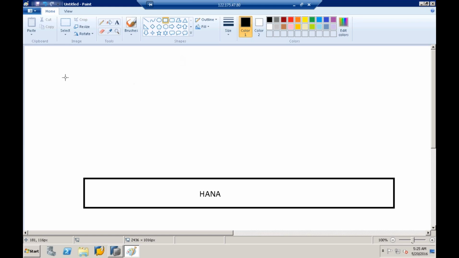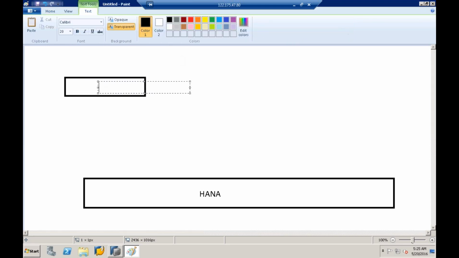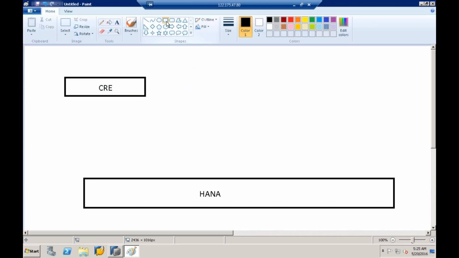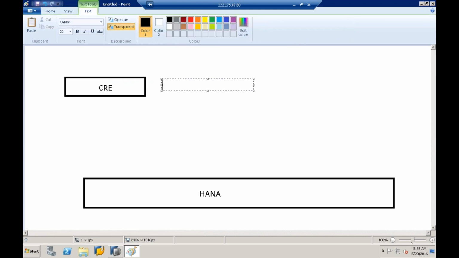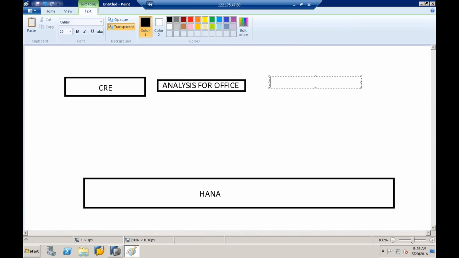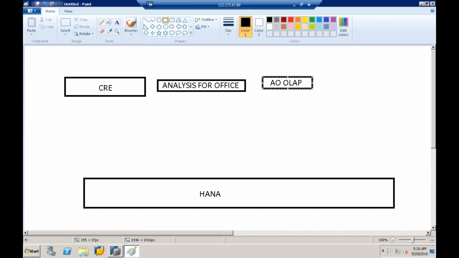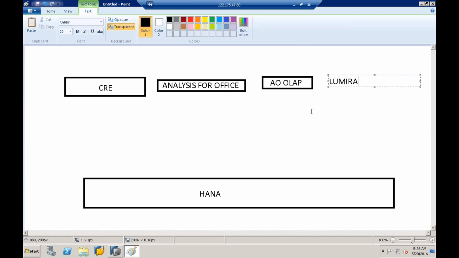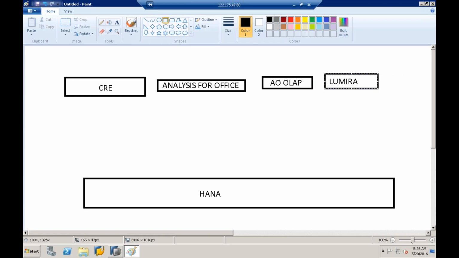We have different tools like Crystal Reports Enterprise, Analysis for Office, Analysis for OLAP, Lumira, Design Studio,